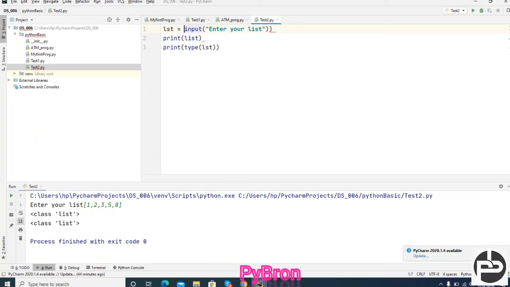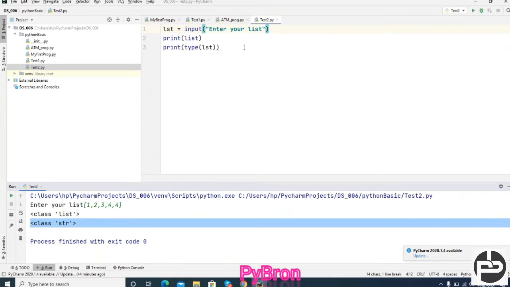Who knows what the user is passing here. I don't know what the user is passing. So let me execute this code again. 1 comma 2 comma 3 comma 4 comma 5. Can you see this printed list? I am getting string kind of data. Got it? Why? Because I did not convert this into a list. Sorry, lst. That's why the list is coming twice. Okay, no worries. Now it's done. Now, suppose at runtime what the user will pass, I don't know.